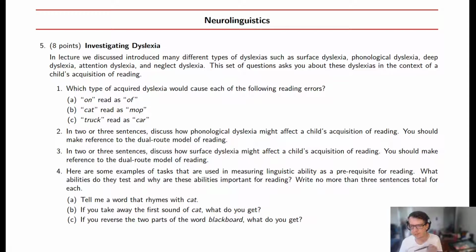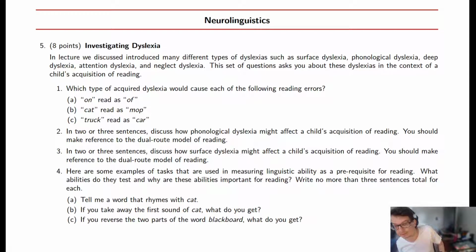Which areas of the dual route model of reading is this testing? So when we say measuring linguistic ability as a prerequisite of reading, we're just asking about the components that eventually build into the dual route model and build into dyslexia. So